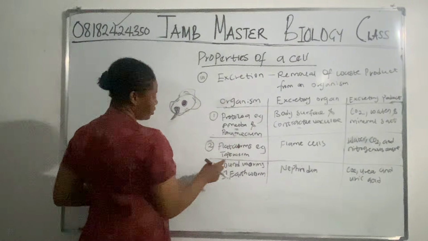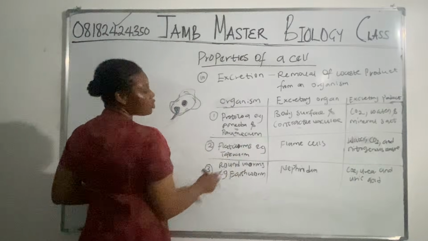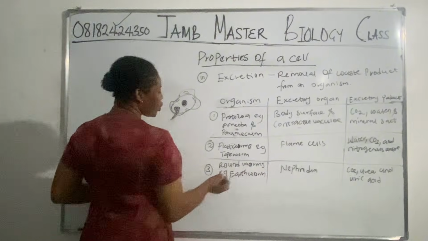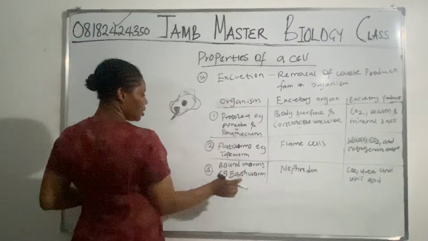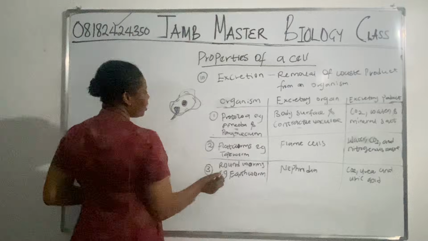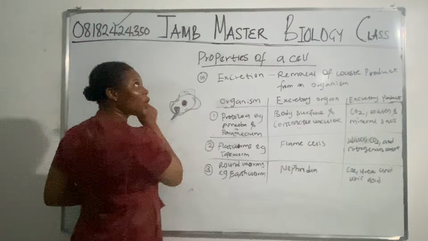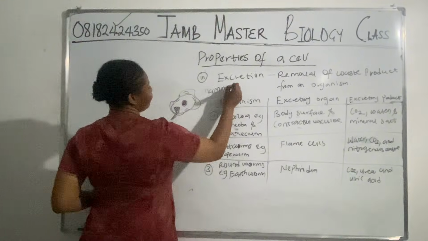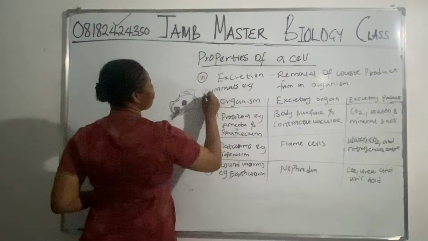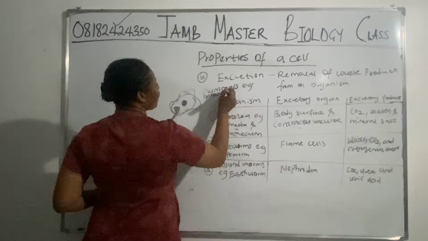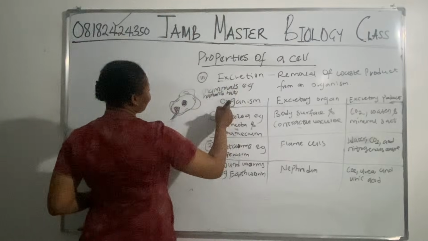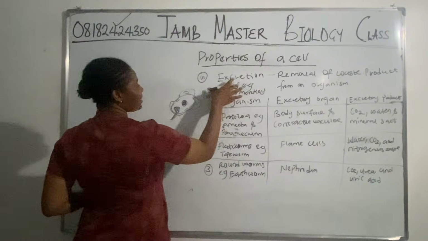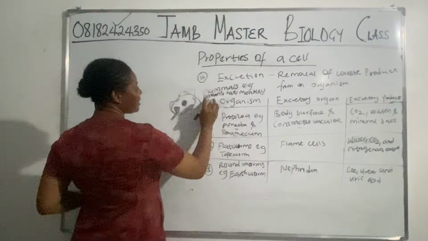Now flatworms, an example of a flatworm is what? Tapeworm. So they can ask you in JAMB, the excretory organ of a tapeworm is what? Flame cell. Why am I noting this? Note the example of it. It's just like saying mammals. Examples of mammals, we have human beings, rats, monkeys, right? So this is the general group, and this is the example.